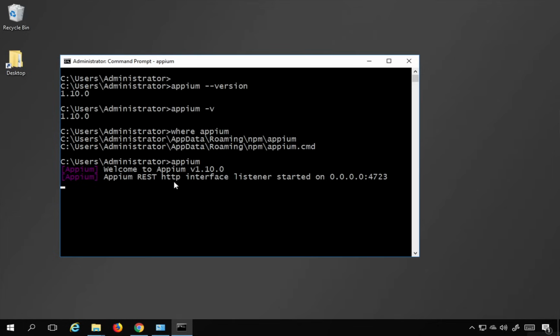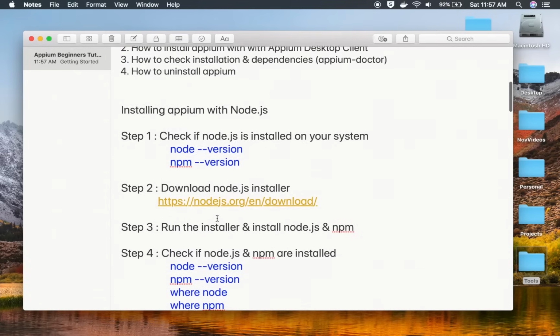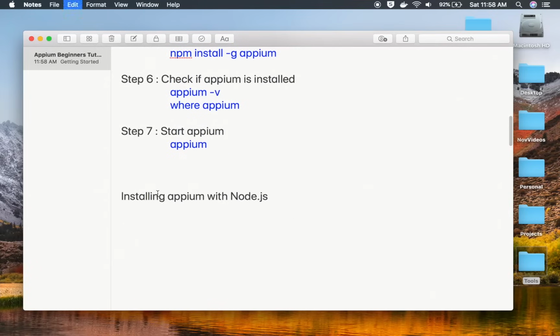If you want to stop the server, you can press the Ctrl and C combination on your keyboard, and it will shut down. So that's it. That means Appium is now available on your Windows system. So this was the way to install Appium with Node.js, and let us also see how to install Appium